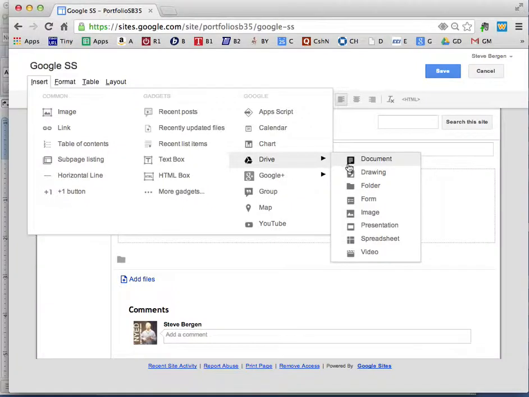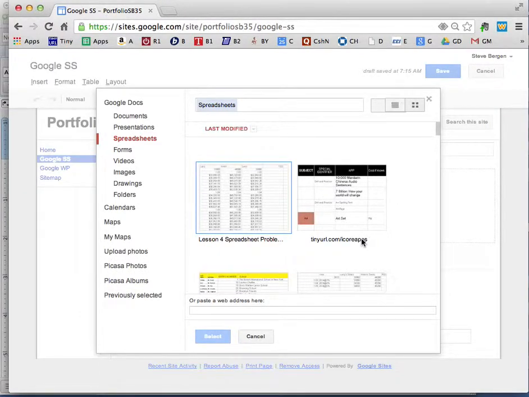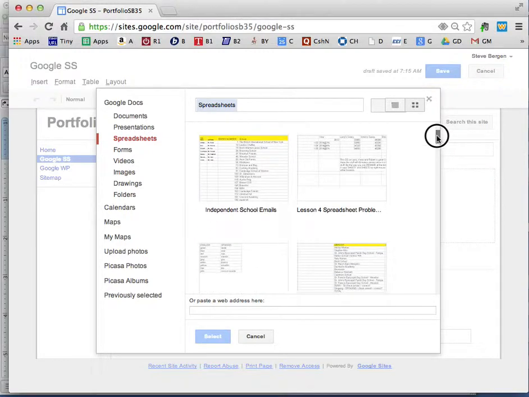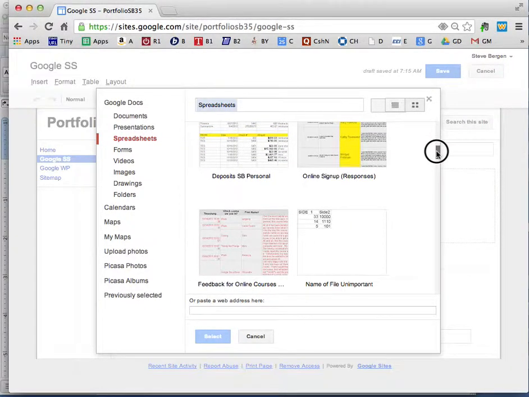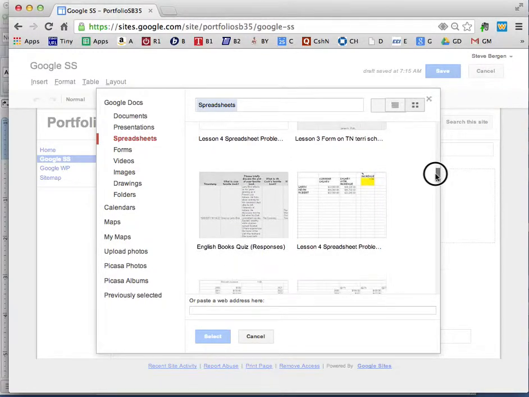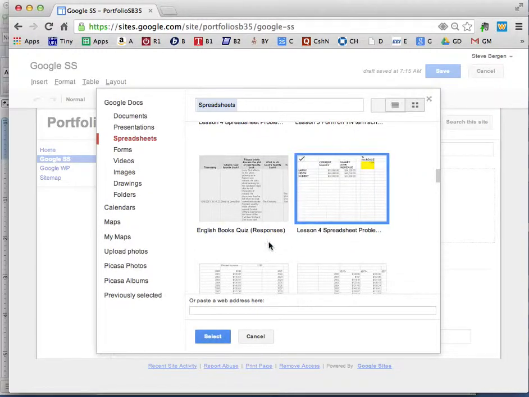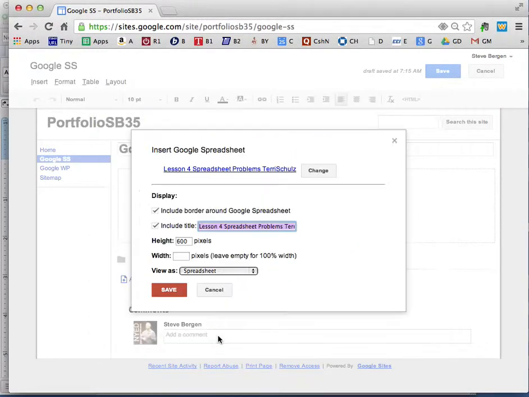So now I will carefully navigate the spreadsheet, and the software, Google Sites, is smart enough to know that it can look for your spreadsheets, and it will bring in a spreadsheet. As you scroll up or down, it will show you all your spreadsheets. You can decide which one you want to bring in, and you bring it in and choose Select at first,